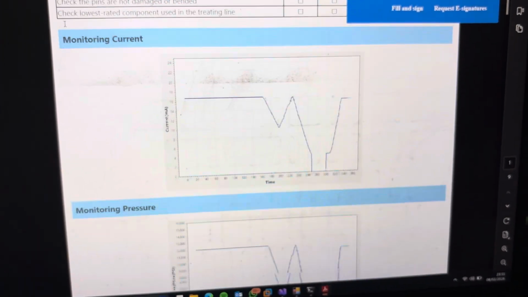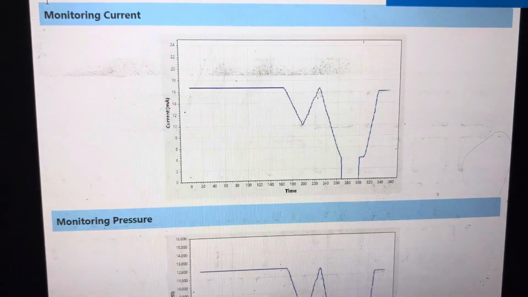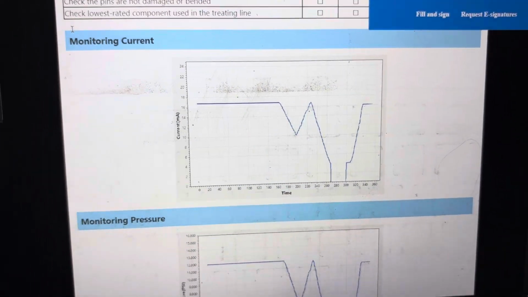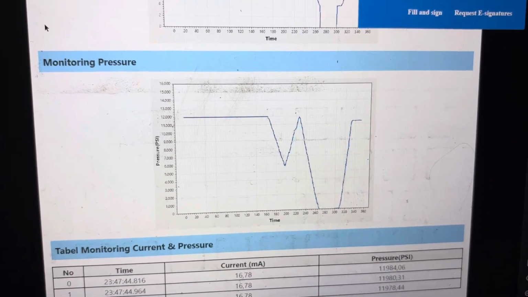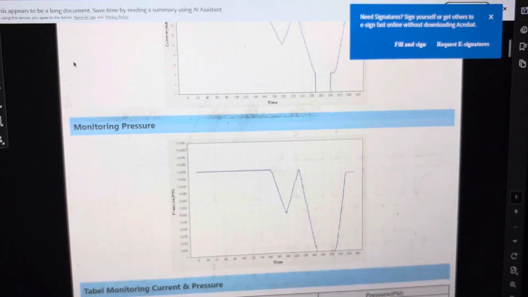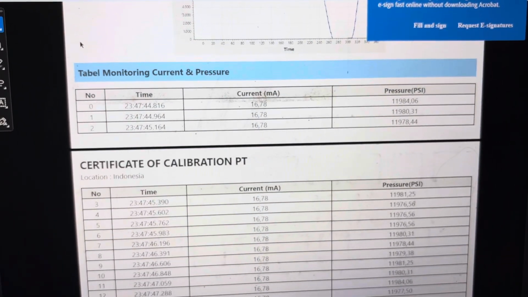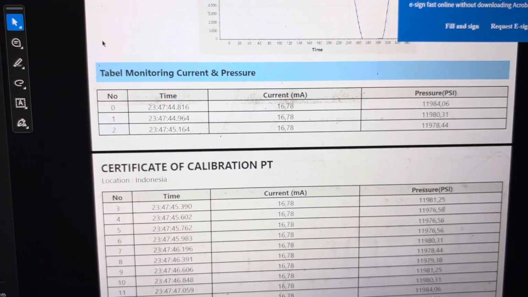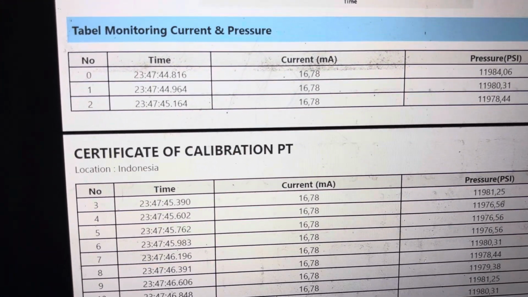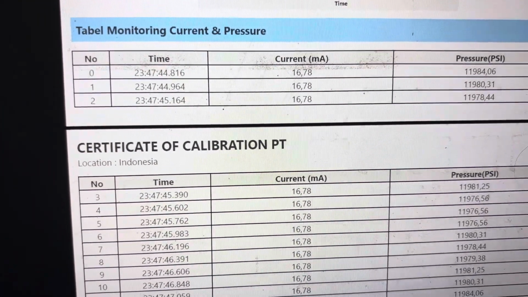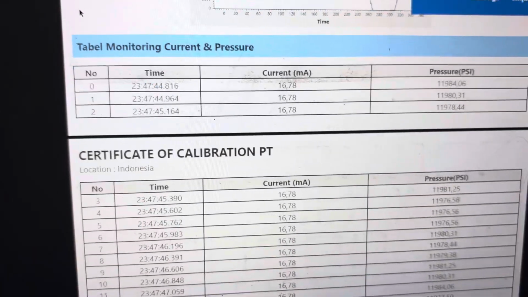After that, we can see the plotting of monitoring current and monitoring pressure. And after that, this is a monitoring table. The acquisition is 200 milliseconds.